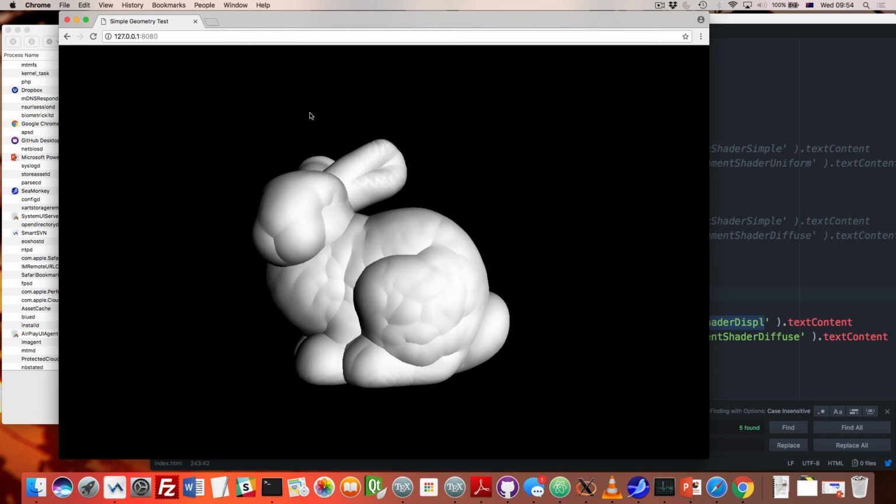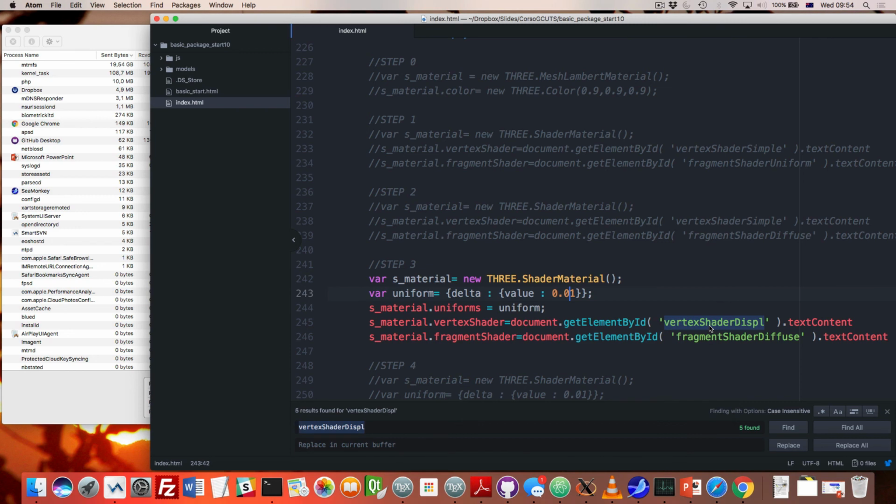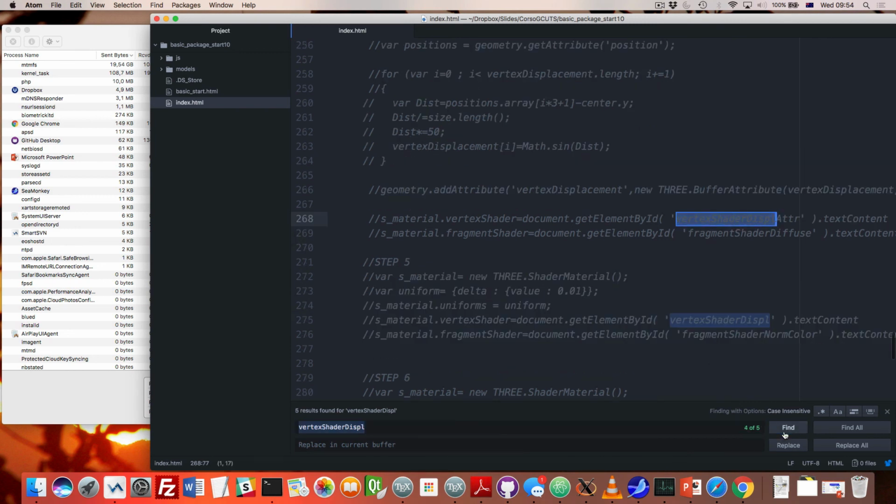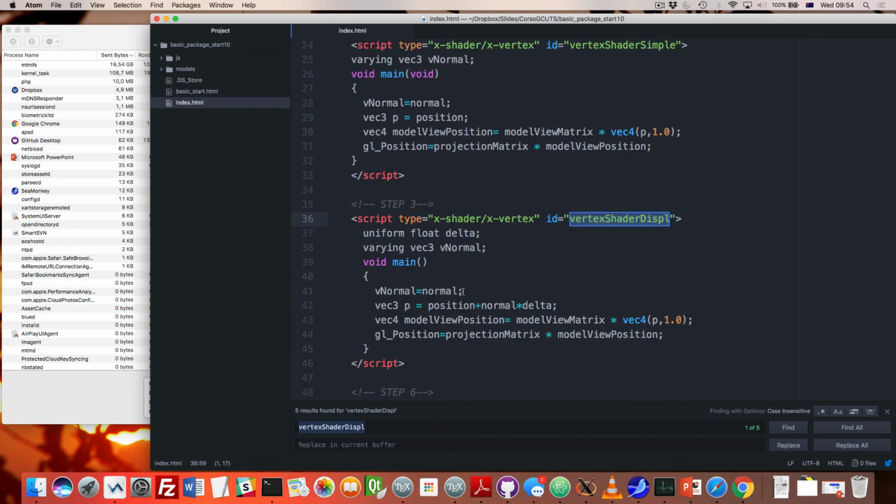And actually I don't do this on the CPU. I do this on the GPU, for each vertex in parallel. And this is exactly what this vertex shader is doing. It takes the position and sums the normal times the amount of displacement you have to do. So it's moving along the normal of the surface, essentially inflating it. Okay,